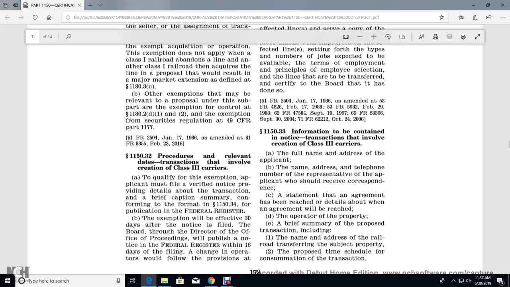1150.32 procedures relevant in the transaction involved with the creation of Class 3 carriers. The qualified exemption of the applicant must be verified note for the providing detail of the transaction, brief caption, summary of the conforming the form of 1150.34 publication Federal Register. Exemption will be effective for 30 days after the notice of the file of the board with the director of the office of the proceeding will publish the notice of the Federal Register within 16 days of the filing, changing